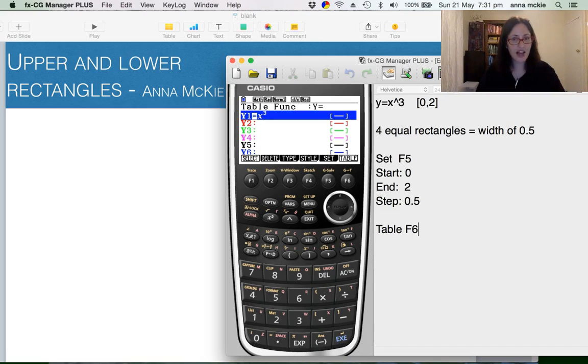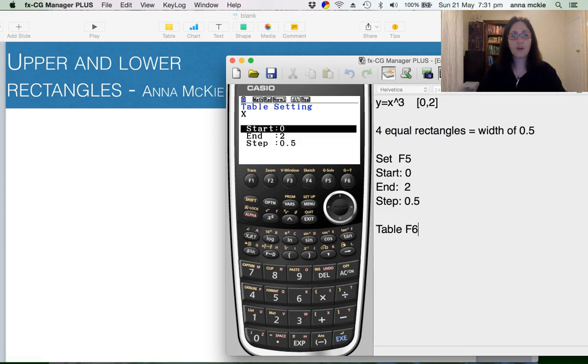Your x cubed has carried over. So we talked about wanting to work it out at those 0.5 increments, so we need to set the table to do that. The instructions over here say 4 rectangles, width of 0.5. Set, so it's F5. We want to start at 0 and end at 2. So input those, and each step is that 0.5 increment. So 0.5, execute,